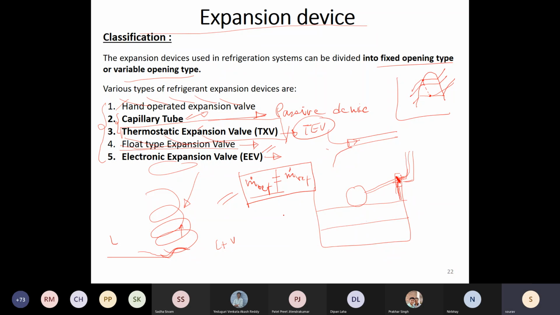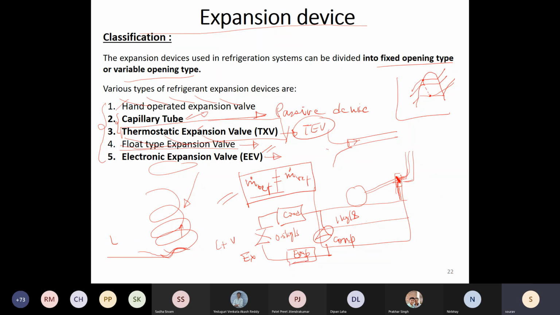So let's draw the cycle. This is your cycle: condenser, evaporator, compressor, expansion device. Now, if your compressor is demanding, let's say 1 kg per second, and your expansion device can only provide 0.5 kg per second,